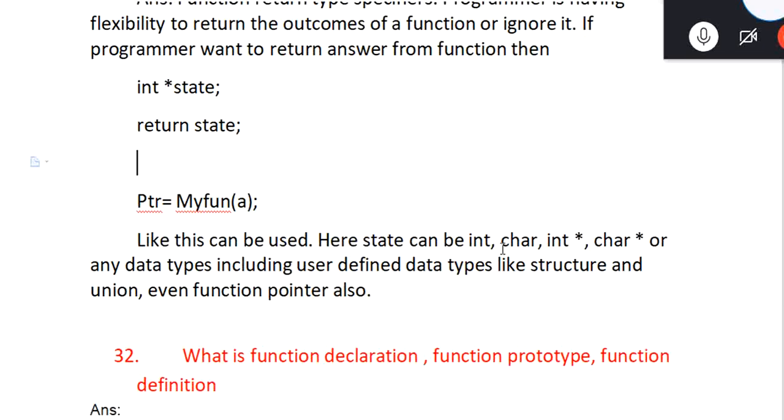Sir, one more thing. We said we are returning a structure. So while receiving, how do we receive it, like a pointer, say ptr, same like this. So like that we can make a structure. But see, this cannot be a local structure. If it is a local structure, we cannot return it because it is going to die. But if it is a global structure, we can return it and we can receive it like that.